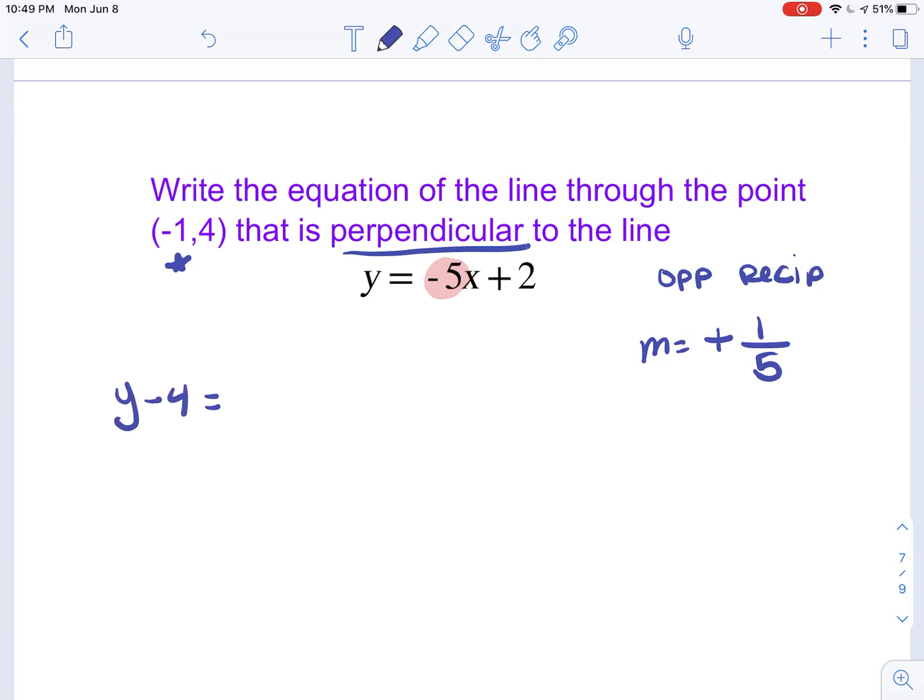So I'm going to plug that and this point that I'm given into the point slope formula, y minus 4 equals 1/5 times (x minus negative 1). Now again, I could put this into slope-intercept form if I want to, but it doesn't specify, so I am just going to leave it in this